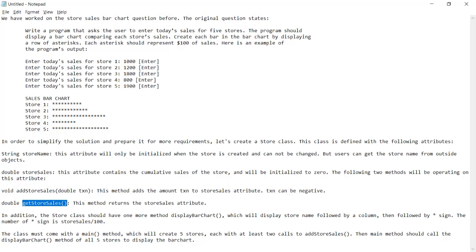In addition, the store class should have one more method, display bar chart, which will display the store name, followed by a colon, then followed by star signs. The number of star signs is store sales divided by 100. So then we will have a main method, which will create 5 stores, each with at least 2 calls to add store sales. Then the main method should call the display bar chart method to display the bar chart. Okay, so